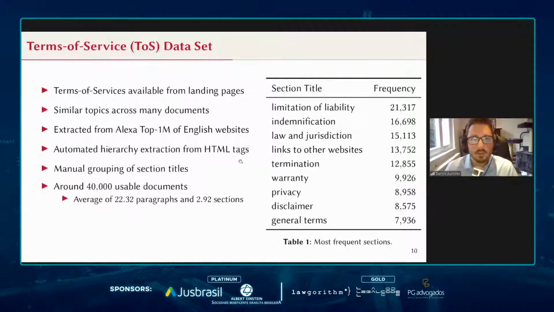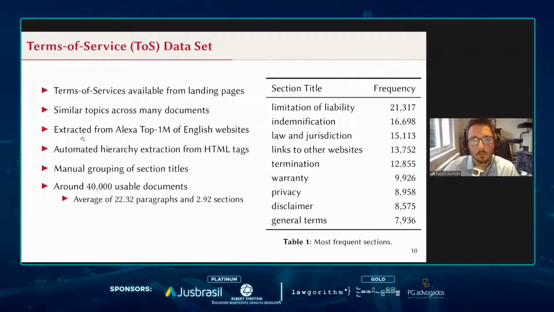Talking about the data set that we used in this experiment, we actually obtained a new terms of service data set from website terms of services. The main point being that terms of services always have to be available from the landing pages directly, making them relatively easy to extract. And the other benefit is that while they focus on a legal context, they have relatively similar structures and topics across many different documents. So we will obtain, for example, shown on the right, around 20,000 of the documents that have a limitation of liability clause in there. And similarly, we normalize all the other sections as well. This is only an excerpt of the most frequently appearing ones.